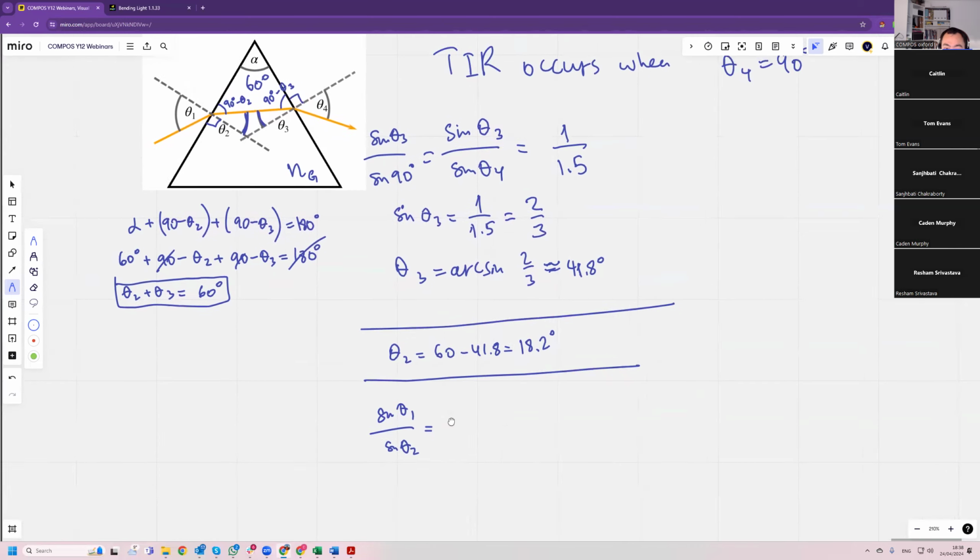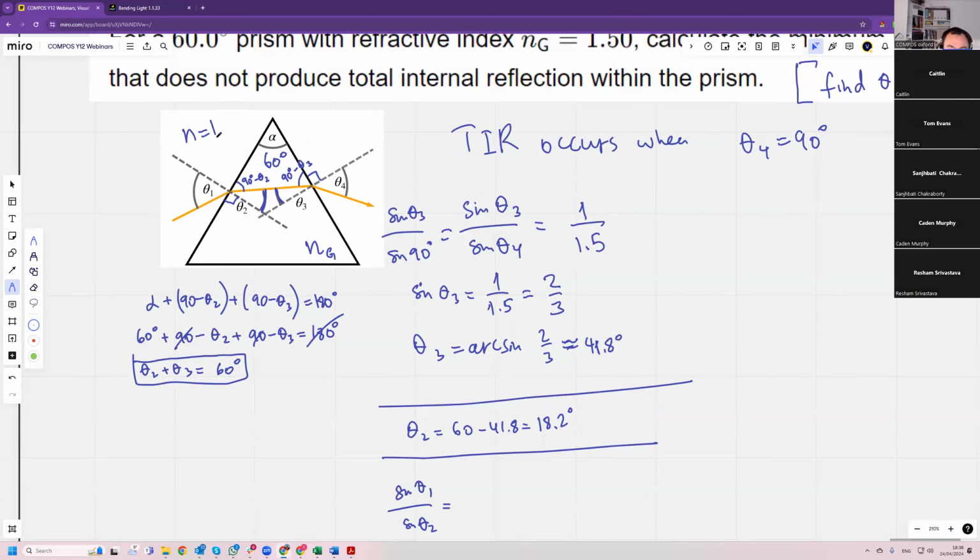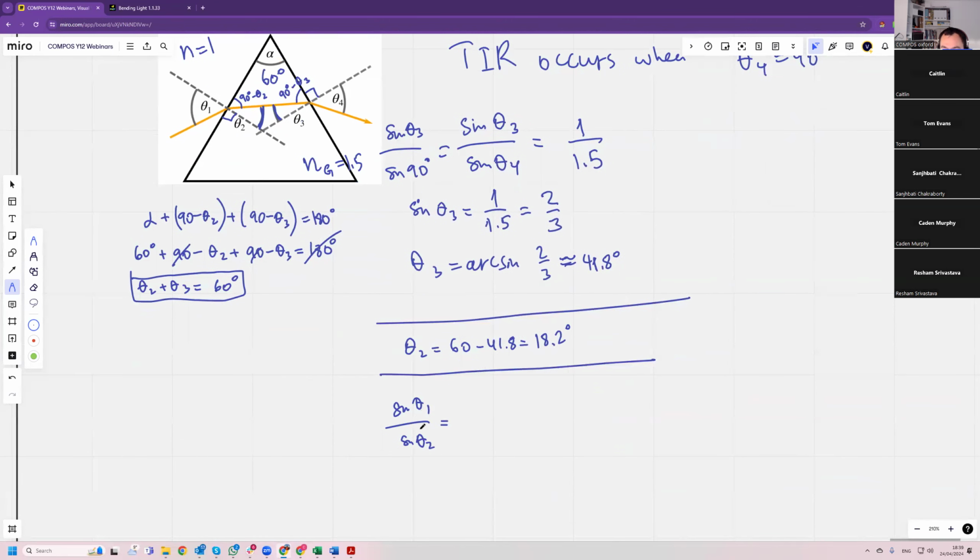so the refractive index of air is 1. Air is 1, and this is 1.5. So theta 1 is greater than theta 2. That's why I can say, oh, that's going to be 1.5 divided by 1. Really, it's really helpful rather than trying to remember and not mess up. Just use common sense. Sine theta 1 is equal to 1.5 multiplied by sine 18.2 degrees, which is